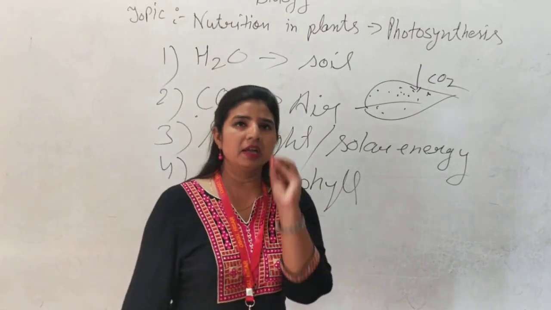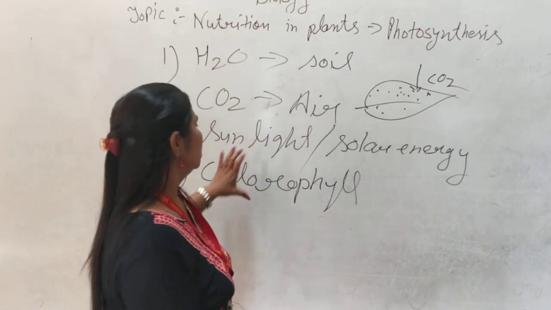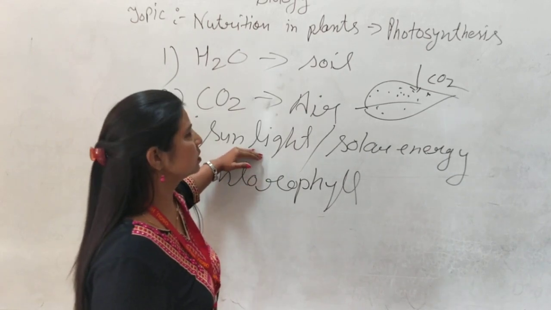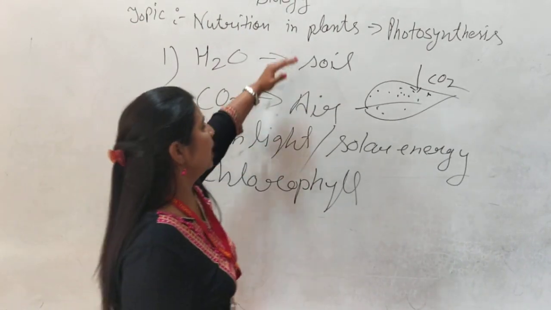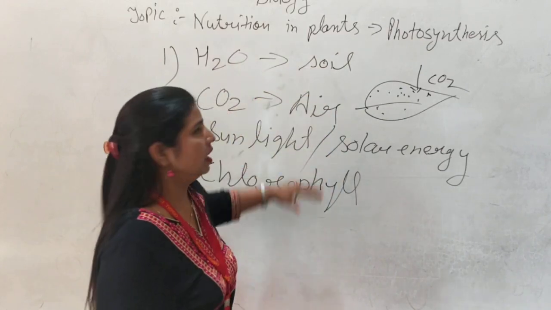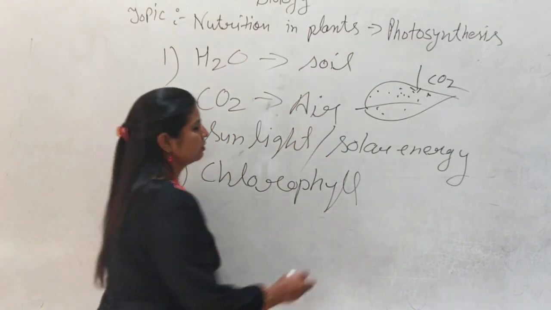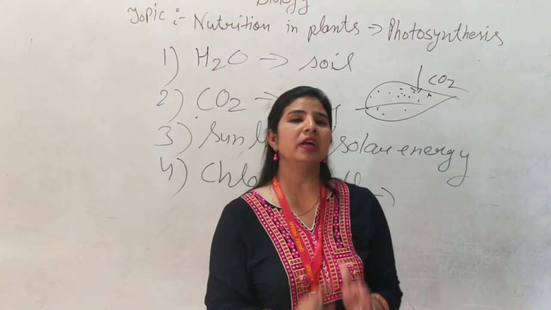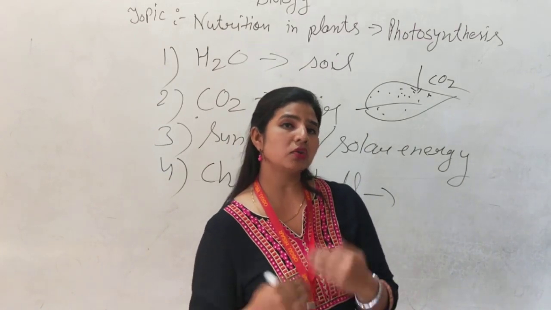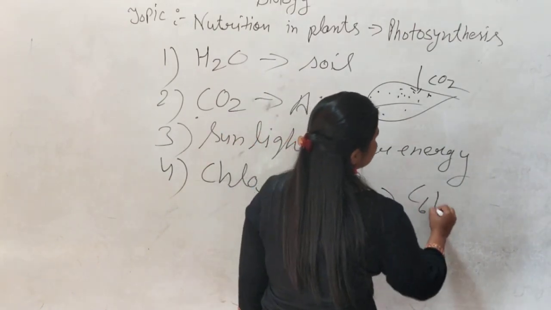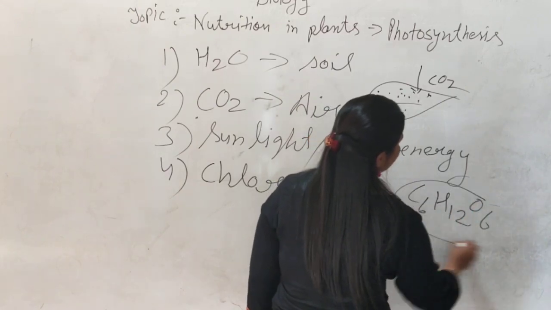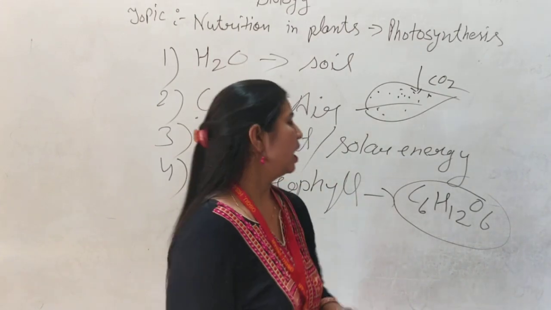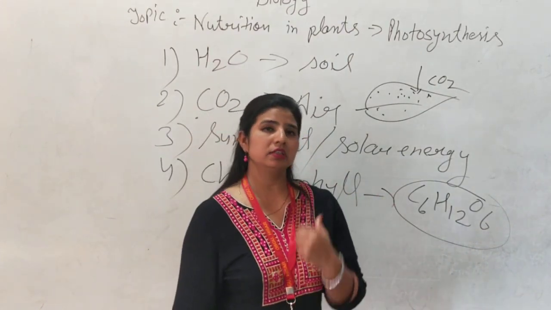Sunlight is the energy which is trapped by the green color. So they both are related to each other, meaning only chlorophyll can trap the sunlight for doing photosynthesis. Here you can say they are all non-living, inorganic substances. When the food is ready, it is simply glucose, which is in invisible form. But when it becomes visible, it is starch or carbohydrate. C6H12O6 is ready. After all four components combine, the process is over, and what will be formed? There is a food that is known as starch.